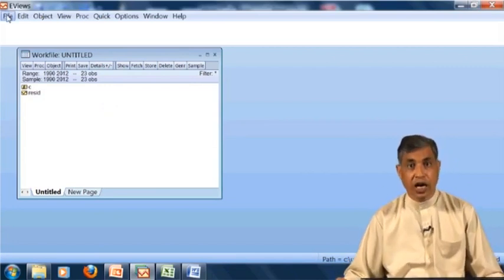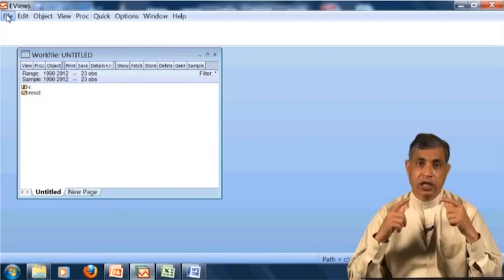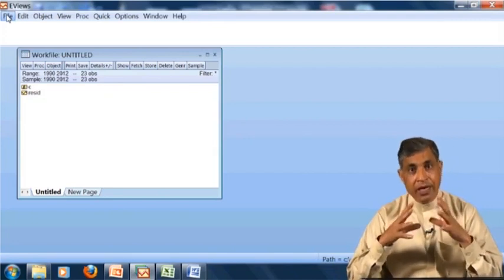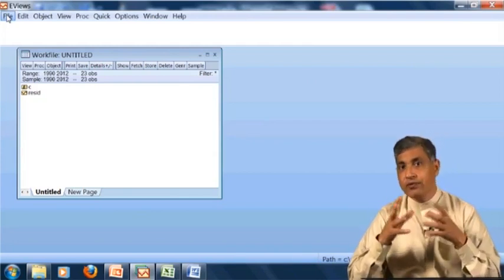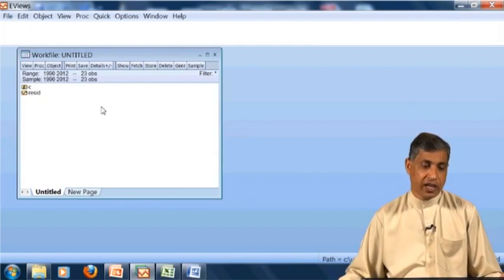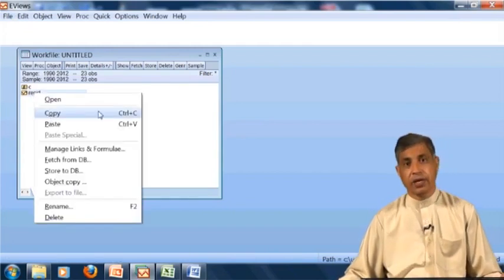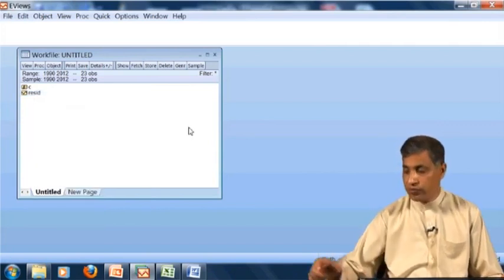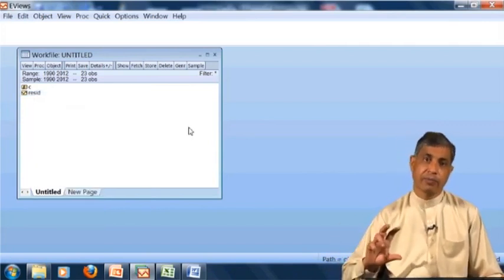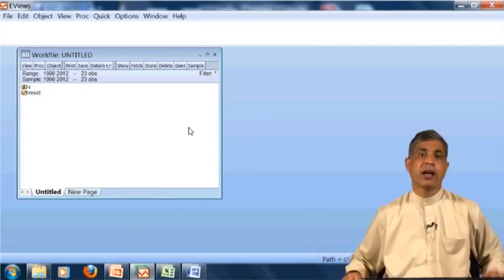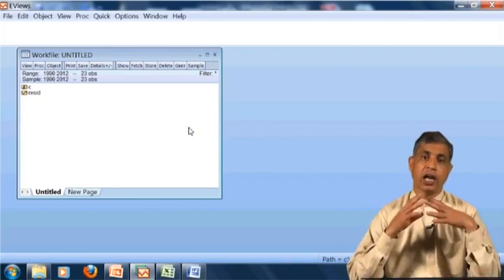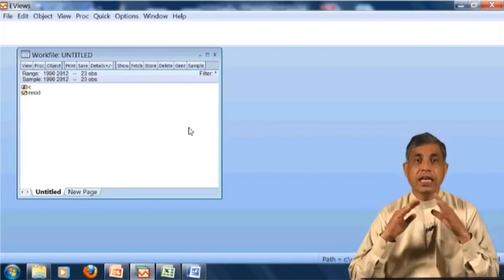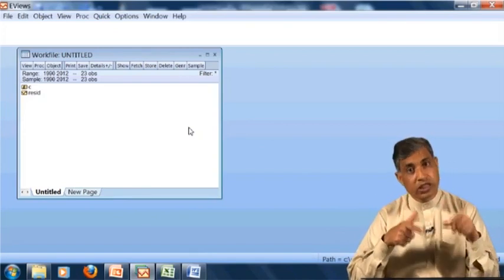Now we want to bring data here. Keep in mind, there are many methods to do the same thing. For example, if you want to copy something, I right click this, and this is the copy. And if I want to do it with the keyboard, I will press Control and C. Similarly, the operation will be carried out. So I would like to give you only one way. There are many other ways to do the same thing.